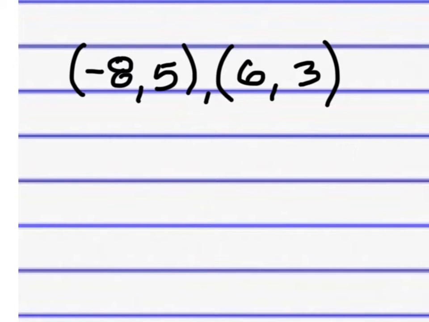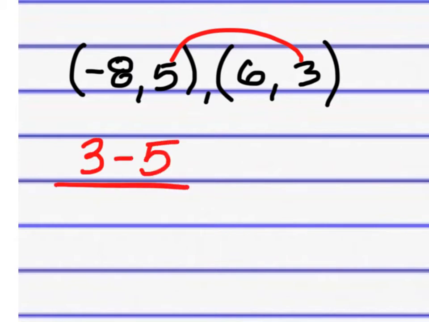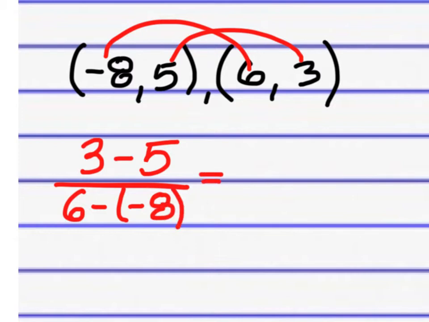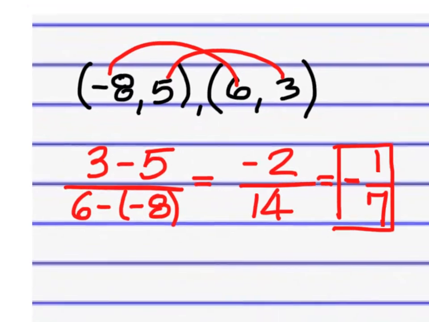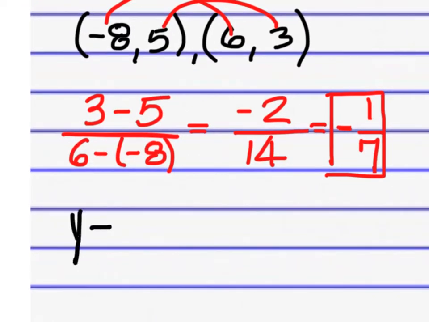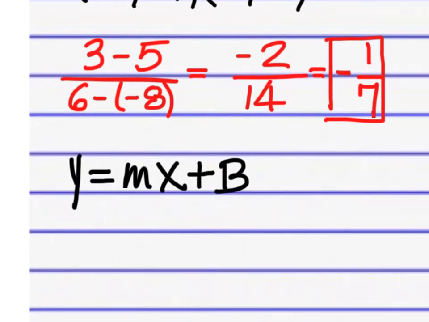You must find the slope first. So that's going to be 3 minus 5 over 6 minus a negative 8. 3 minus 5 is negative 2. 6 minus a negative 8 is 14. That reduces to a negative 1 over 7. This is your slope. You must insert that into y equals mx plus b. So we will write y equals a negative 1/7